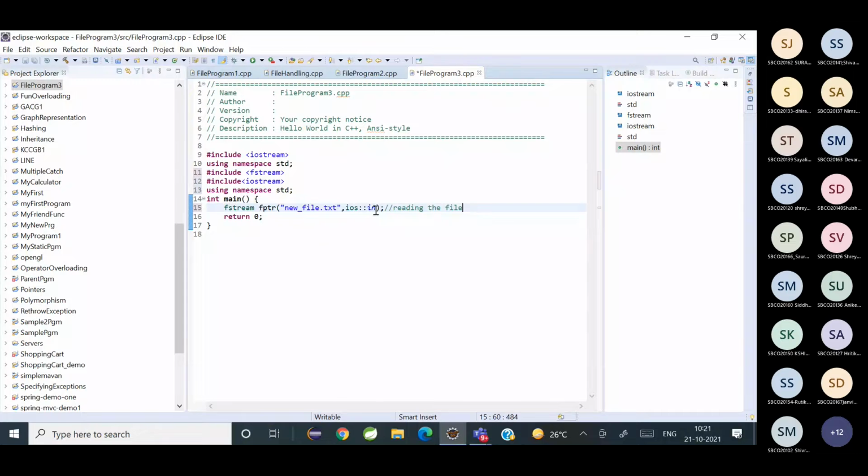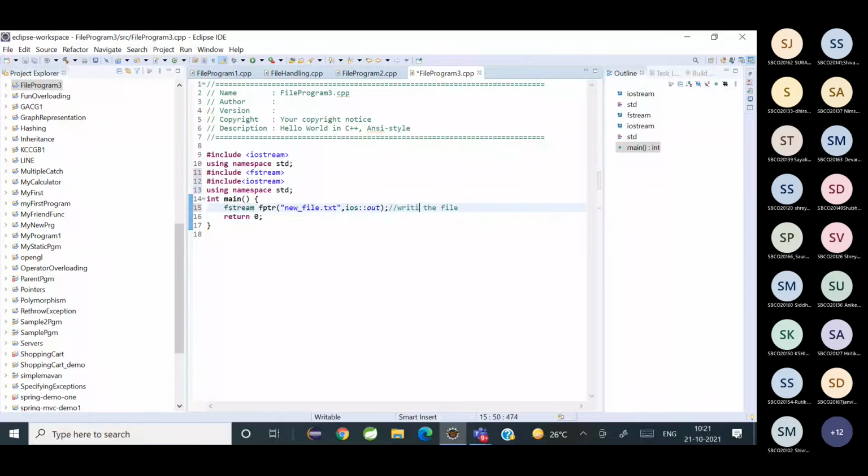And if I write out, what does that mean? Writing to the file. It's used for writing to the file. So you can use F stream for both input and output. So this is writing to a file.